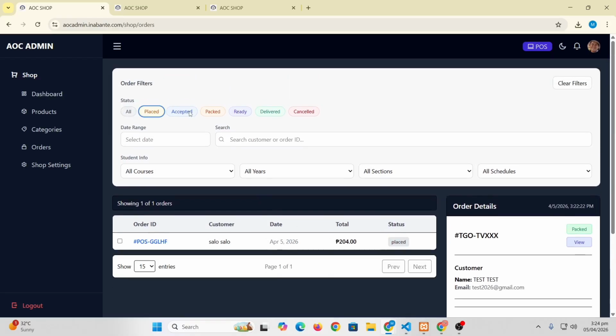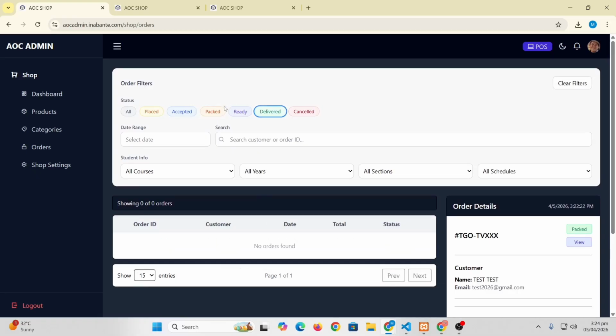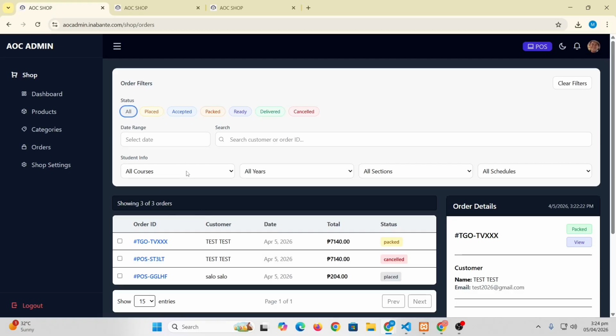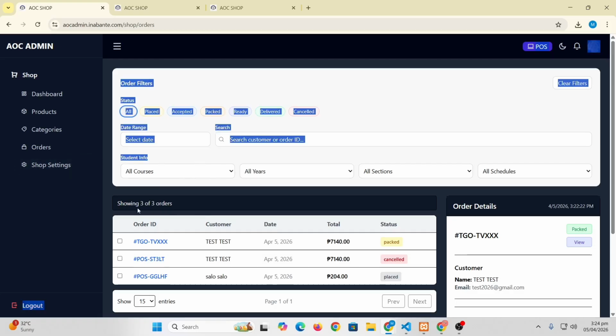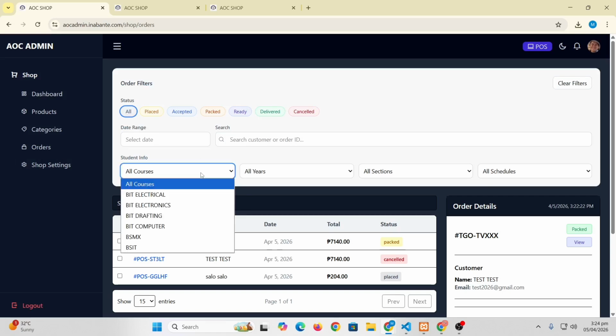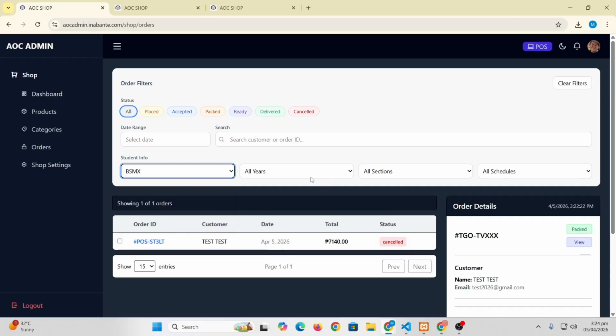You can filter it. So our packed orders are this one, and also you can select from different courses. For example, if you wanted a certain section, for example, from BSMX, you have the orders from BSMX.